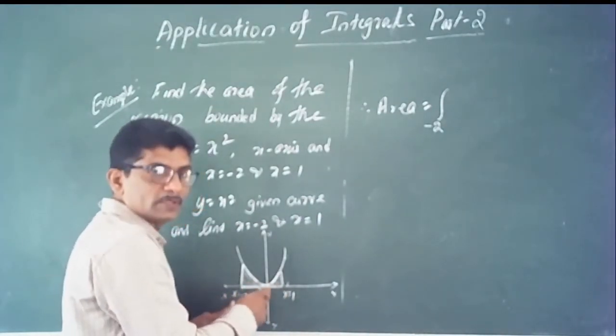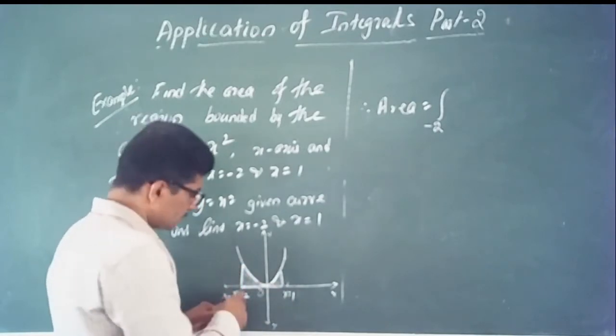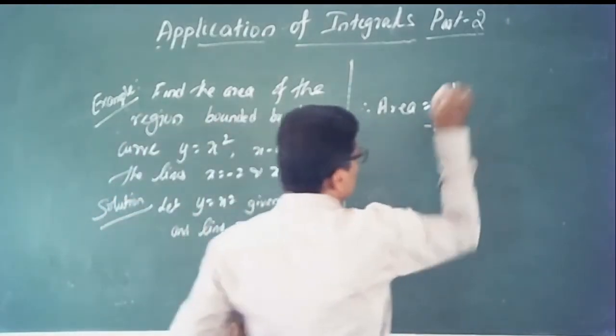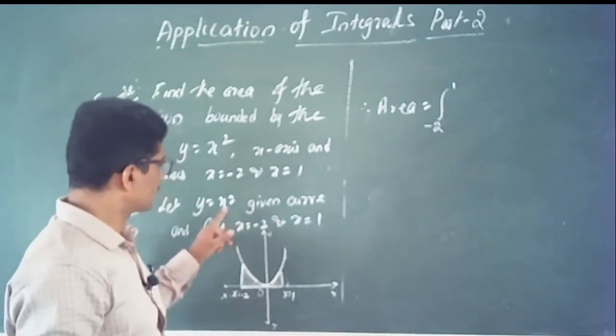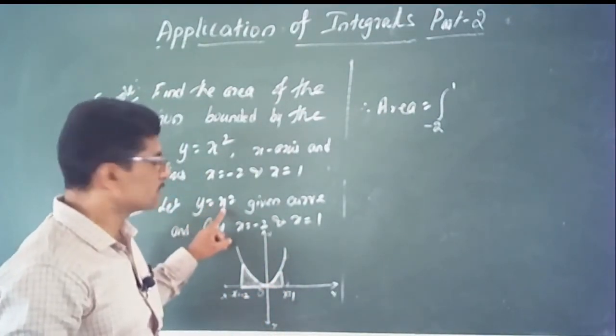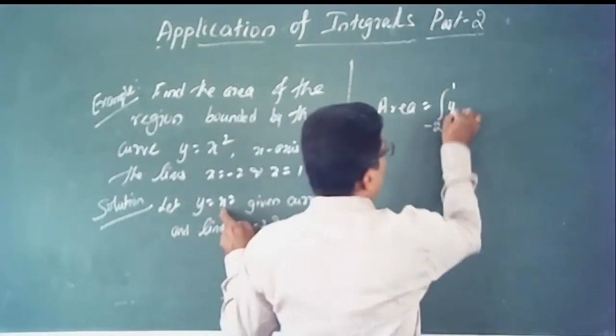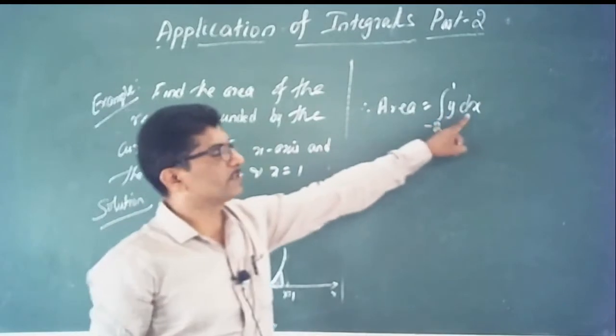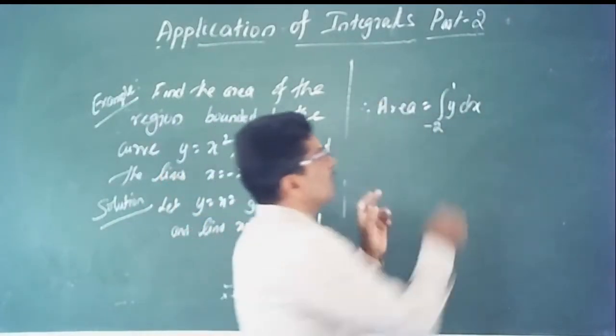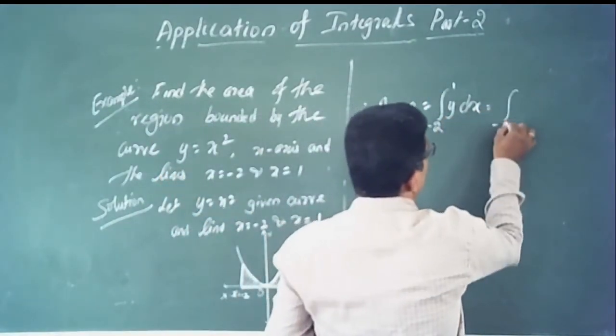ಇದೆಲ್ಲೂ ಕರ್ವ್ x-axis ಅನ್ನ ಸ್ಪ್ಲಿಟ್ ಮಾಡಿಲ್ಲ. Therefore -2 to 1 you get the same curve. Curve is change ಆಗೋದಿಲ್ಲ, ಅದೇ curve ಆಗಿರುತ್ತೆ. What is the curve? y is equal to x square. You know that y into dx with respect to x-axis ಮಾಡ್ತಾ ಇದ್ದೀವಿ, with respect to x dx. ಹಾಗಾಗಿ ಇದು y ಬರುತ್ತೆ. Its value is -2 to 1.